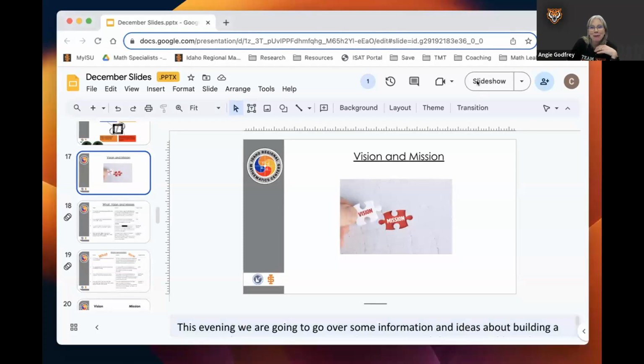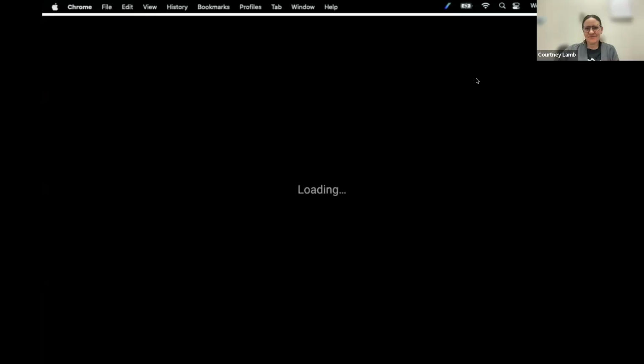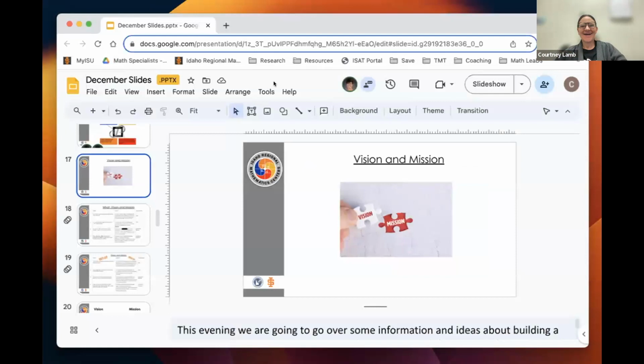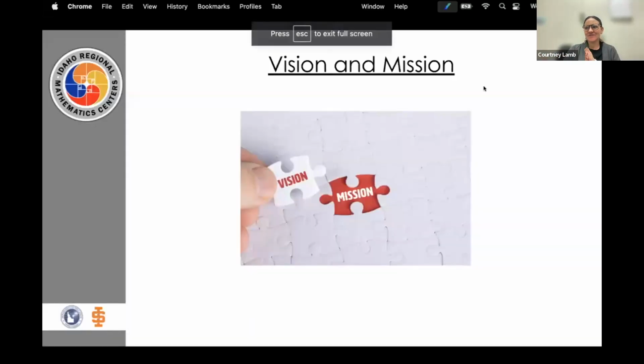Okay, do I have permission to share my screen? Let me see. You have my permission. I just don't know if... yeah, you should. Not that you need my permission, but yes, you have my permission. Sorry. Okay, I hope we're showing the slideshow. Is that right? Yes. Does it say vision and mission? Okay. I have three monitors and I get confused. Which one is it showing right now? I probably have close to like 70 tabs open. So making sure I'm in the right place. But now, sorry. Okay.